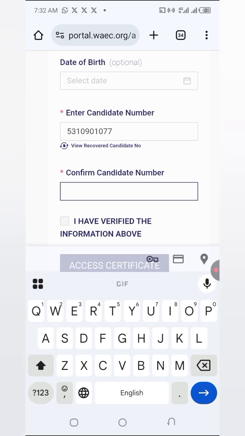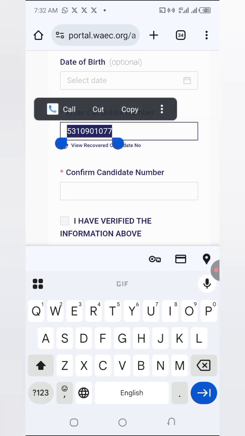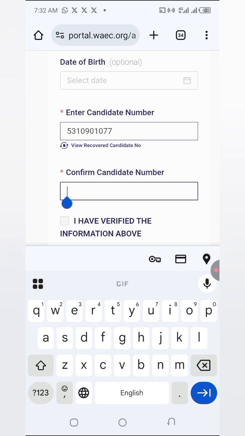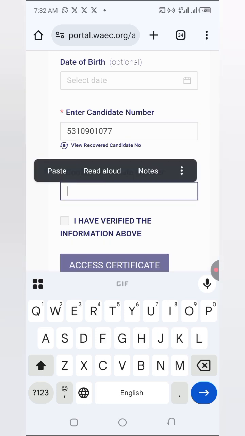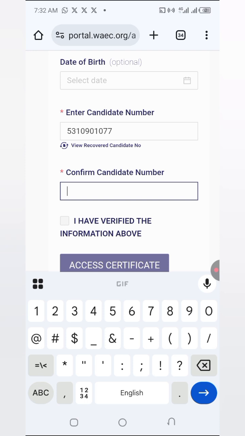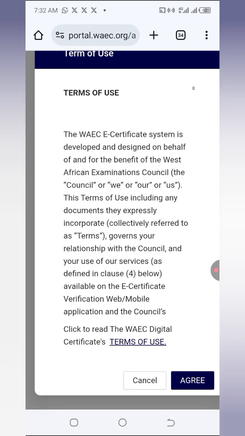Then I'm going to confirm it again. When I confirm it, let me just put what I put here, and I'm going to repeat it. So you're going to put the correct one, confirm it, and you click on... let's see, I think I cannot paste. Okay, I have to type it. So 53, mind you, this is not correct, so don't try anything you want to do, it's not correct. All right, so I'm going to click on I have verified the information above,